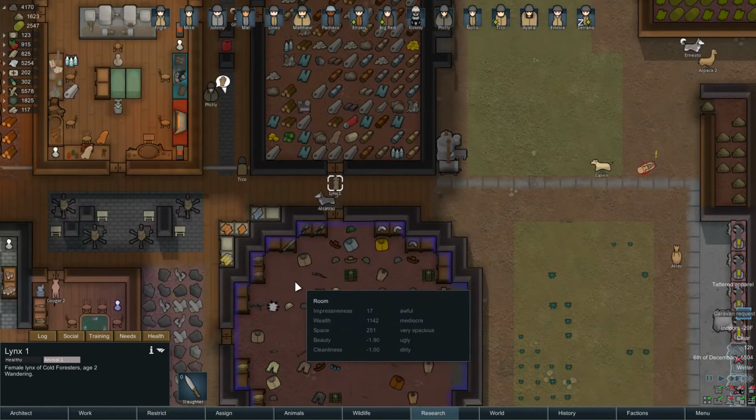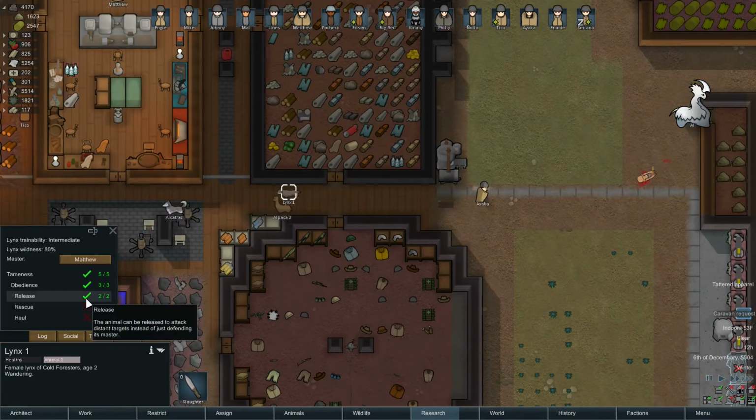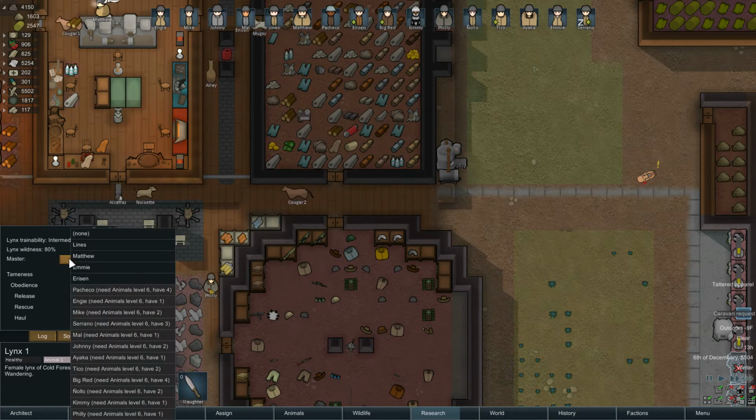Right, we have a lynx now that joined. How's your training going? Fully trained, but you don't do rescue or hauling, but we can now release you. You are assigned to Matthew. You know, you're not bonded, so I kind of wonder if...